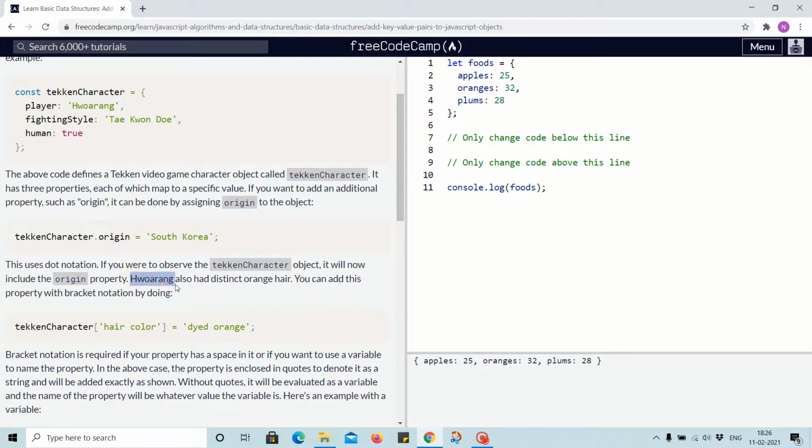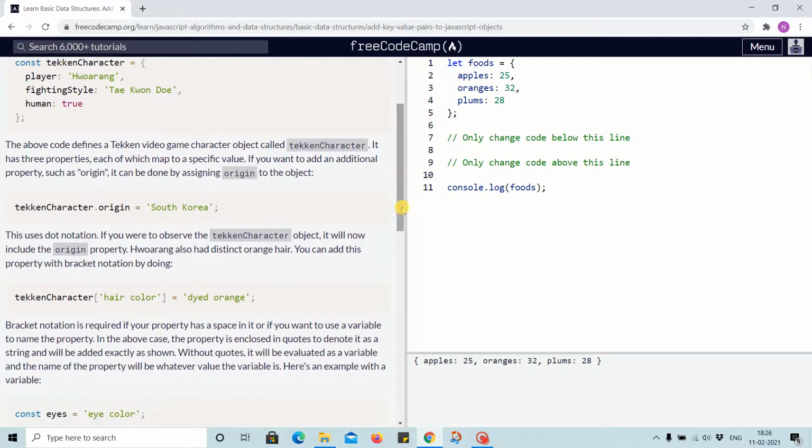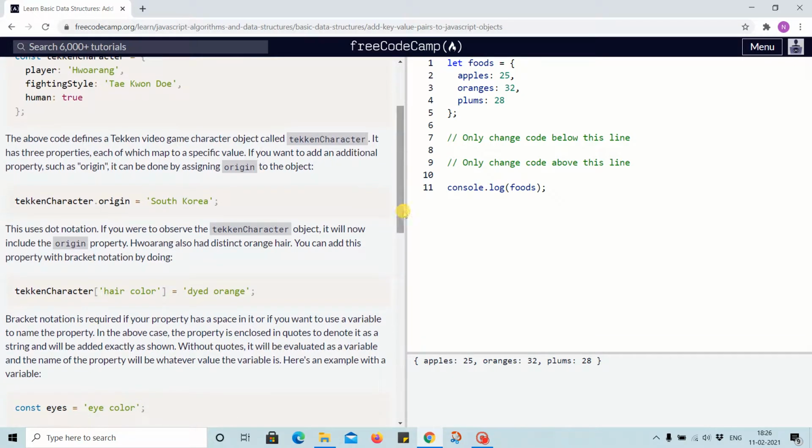Warang, maybe it is pronounced like that, not too sure, also has a distinct orange hair. You can add this property with bracket notation by doing it like this.